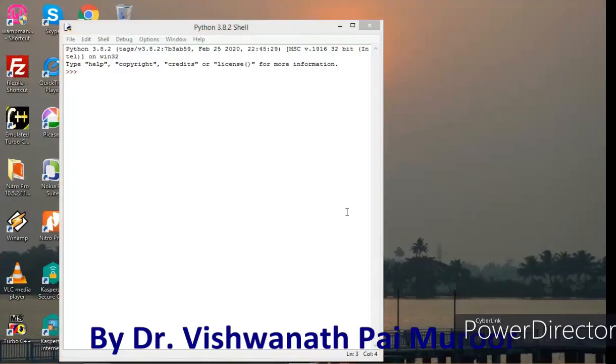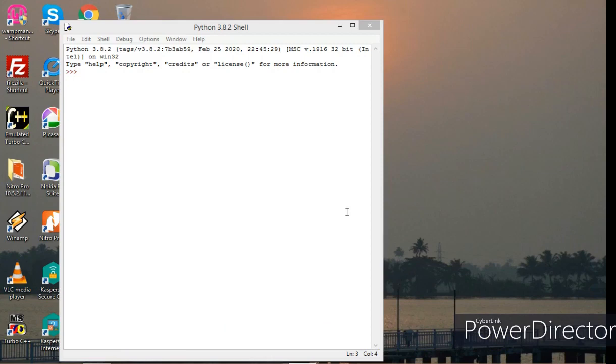Now let us continue our Python programming using IDLE, Integrated Development and Learning Environment. IDLE can be used to execute single statements just like we did earlier in the command prompt by using the Python shell. It can also be used to create, modify and execute Python program files. IDLE provides a fully featured text editor to create Python programs that includes features like syntax highlighting, auto-completion and proper indentation in the code block, etc.